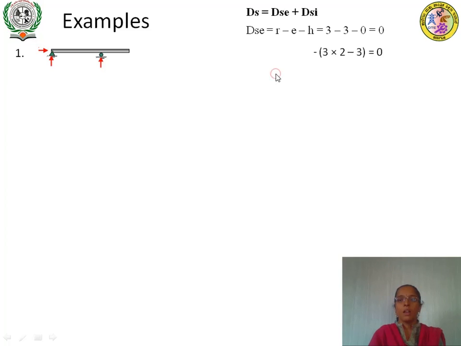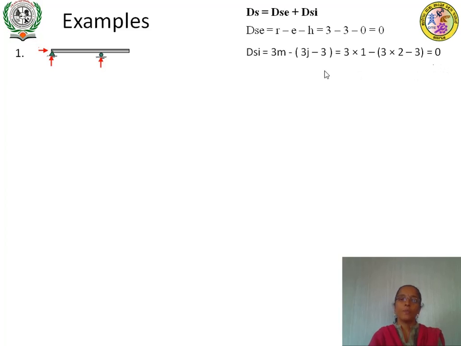Okay. So now to find internal indeterminacy, we have this equation 3m minus 3j minus 3. So m is the number of members. This is one member, just an extension of the same member. Therefore 3 into 1 minus 3j, joints. How many joints are there? 1 and 2, 2 joints are there. 3 into 2 minus 3. If we simplify it, 3 into 1 is 3, minus 3 twos are 6, minus 3, 6 minus 3 is again 3, 3 minus 3 will be 0. So if you simplify it, again it is 0.